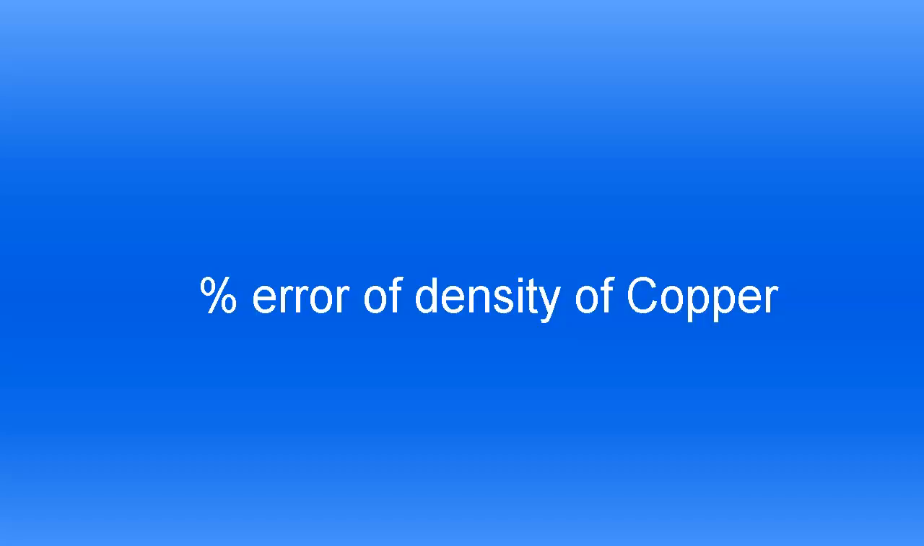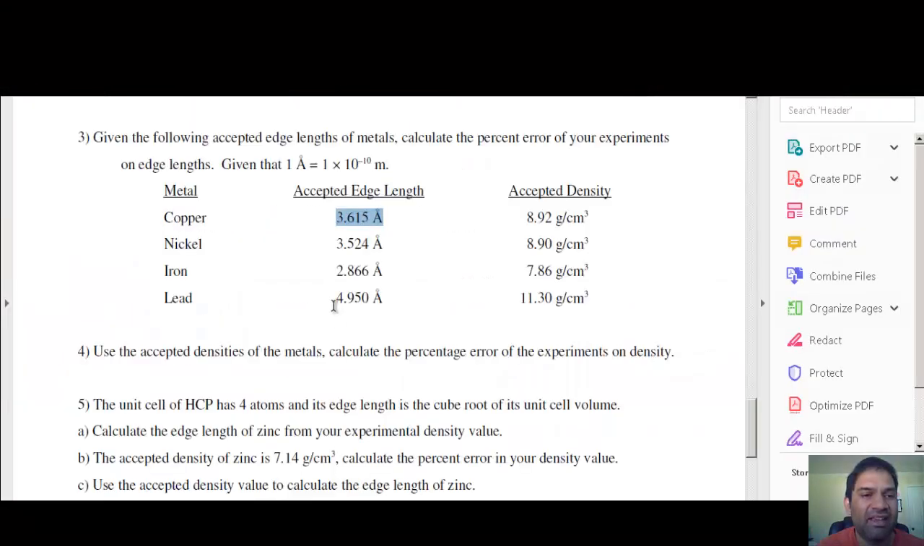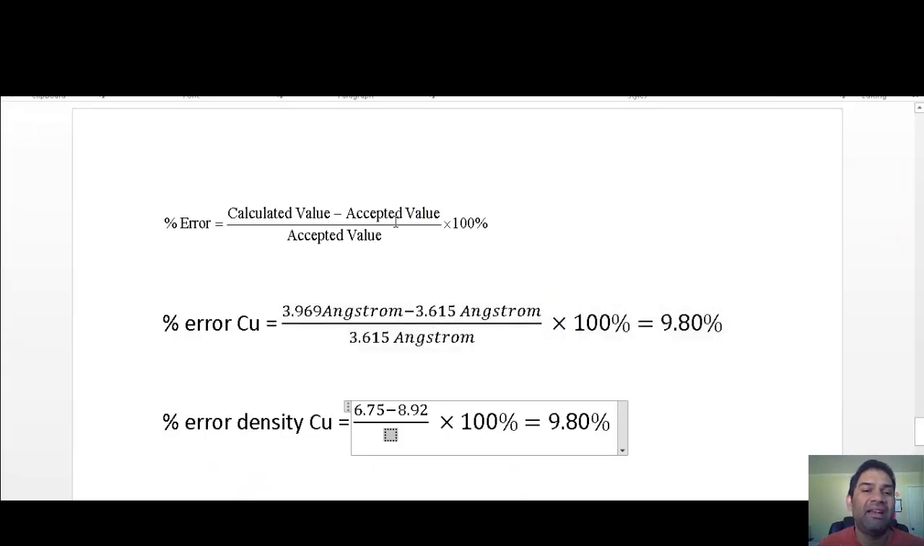Okay, I'm not going to put in units because units cancel out. And the accepted density value for copper is 8.92 grams per centimeter cubed. And that divided by the accepted value, 8.92, multiplied by 100. We take the absolute value because really percentages cannot be a negative number, so just go ahead and make it positive. When I do that on my calculator, I'm getting